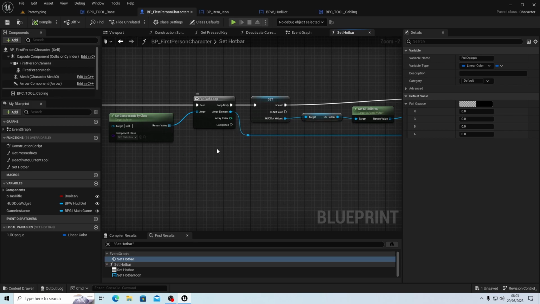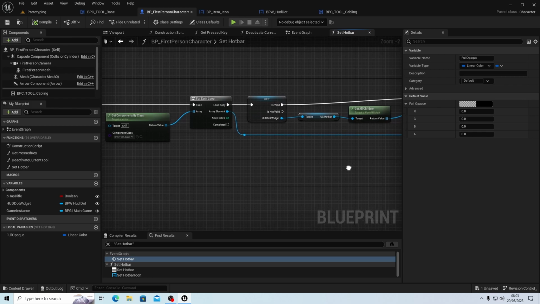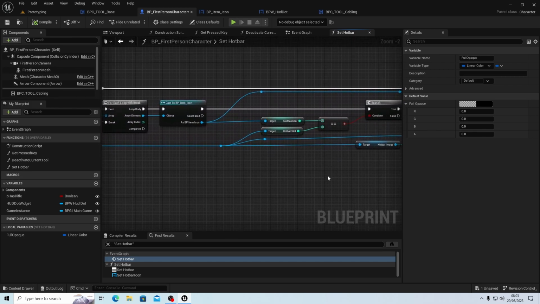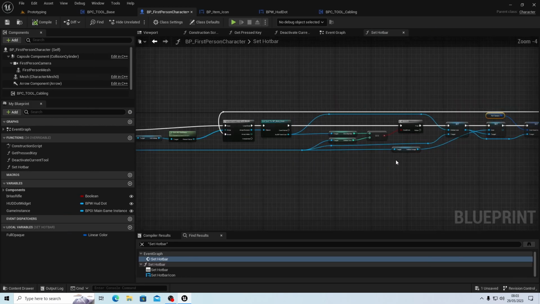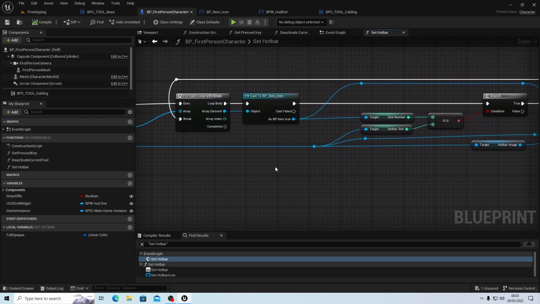Components, looping through components, make sure the HUD is valid, and get all the children for the hotbar. Yeah. Then cycle. Let me close the details window. See if I can. No, I can't get that in. So we'll just come to there. So then,